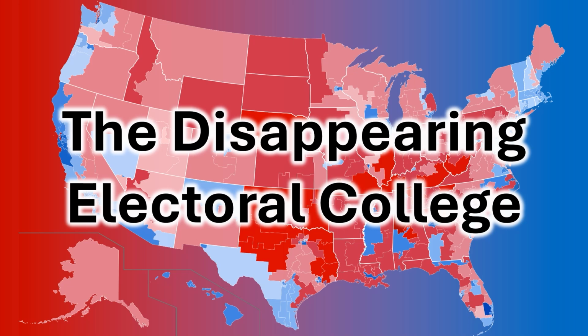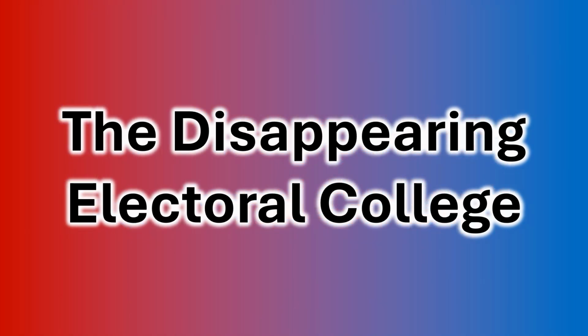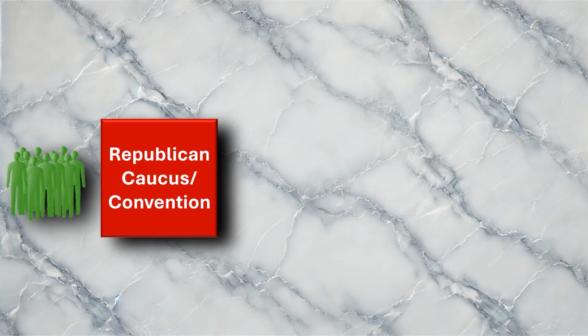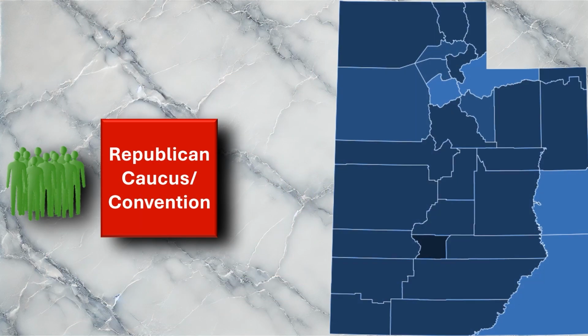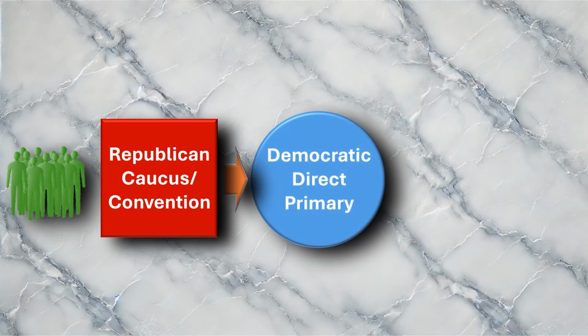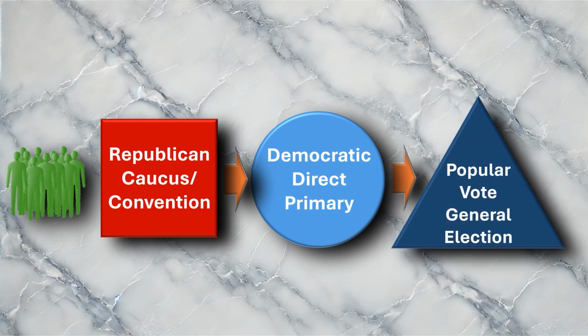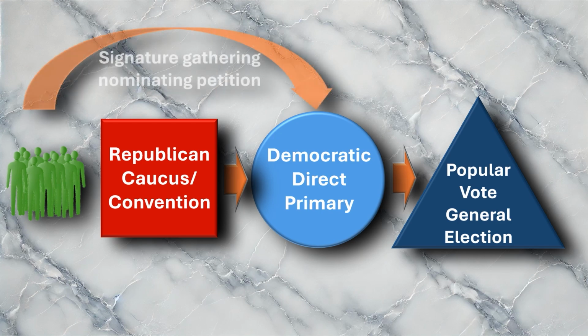In this video, we will address the disappearing Electoral College and what can be done to save it. In a previous video, I showed how elections at the state level have been blue-shifted over time by gluing a Democratic direct primary onto the Republican election method for various offices, holding popular votes in elections that previously used unbound delegates, and adding pay-to-play schemes for special ballot access.